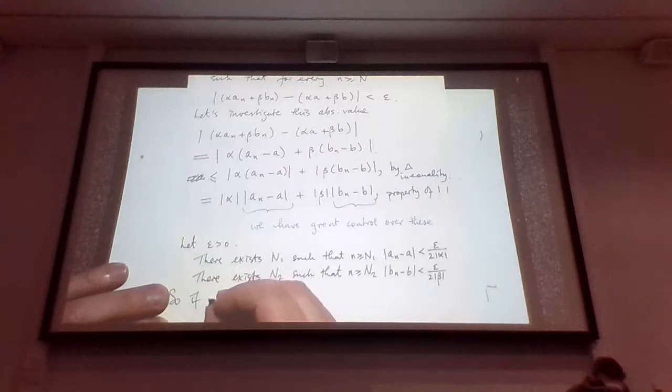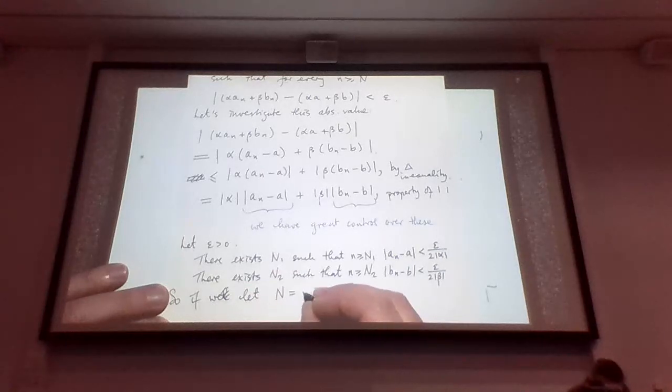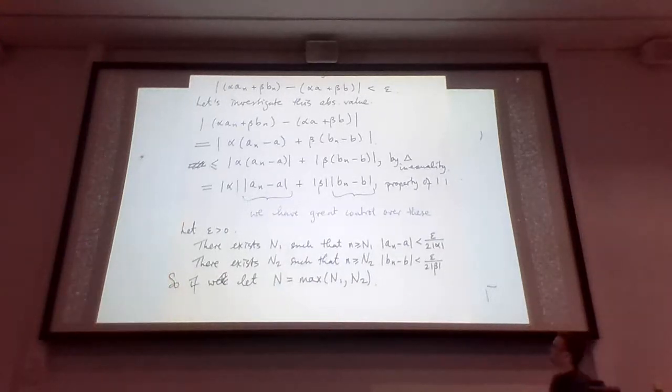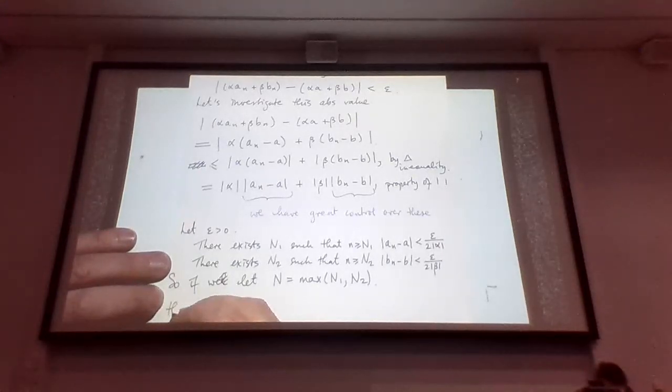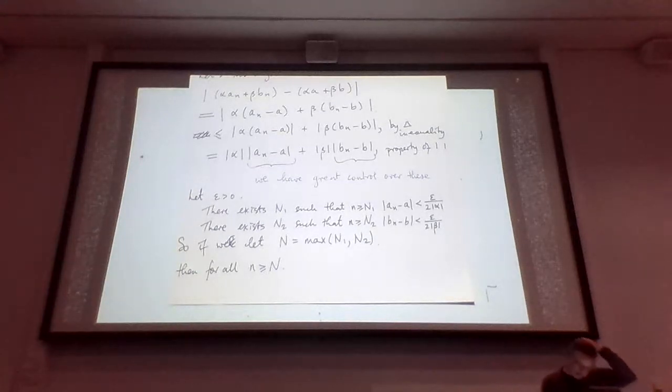So if we let capital N be the maximum of those two, if we wait around long enough so that both of these inequalities will be true, then for every value of n bigger than or equal to this capital N, which is the maximum of n1 and n2,